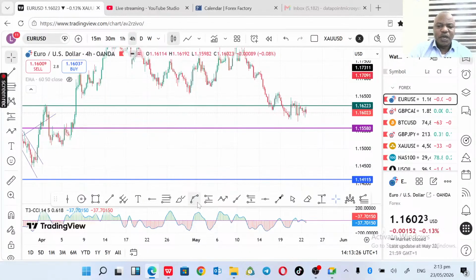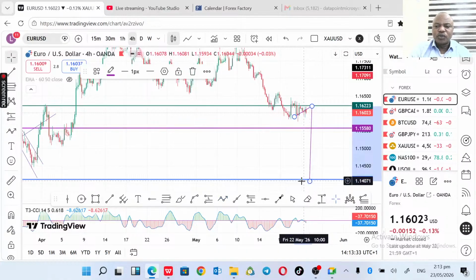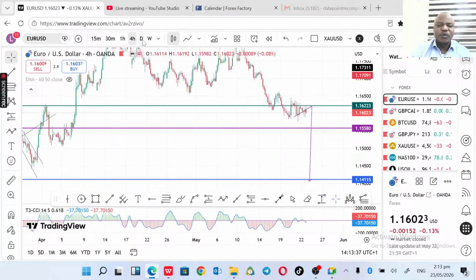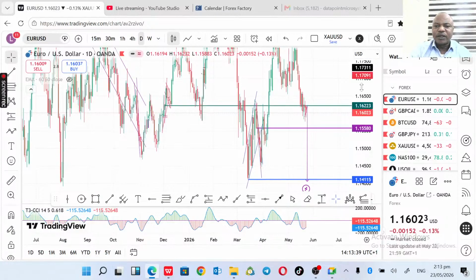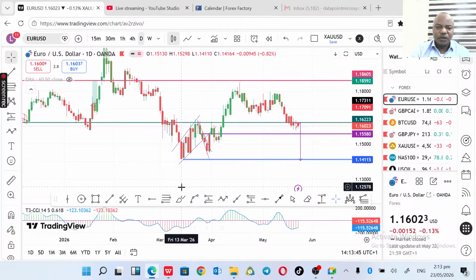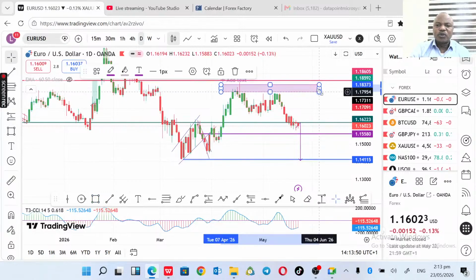We expect the market to drop, possibly come back here, then drop below this zone for us to look into a buy. Let's check the higher time frame to see if there's any direction. Yeah, the direction is clear here, that is a sell. It's purely a sell because on the upper zone we witnessed there was a double top here. Now the market has shown that it's a sell, so we expect this market to range in between this zone,